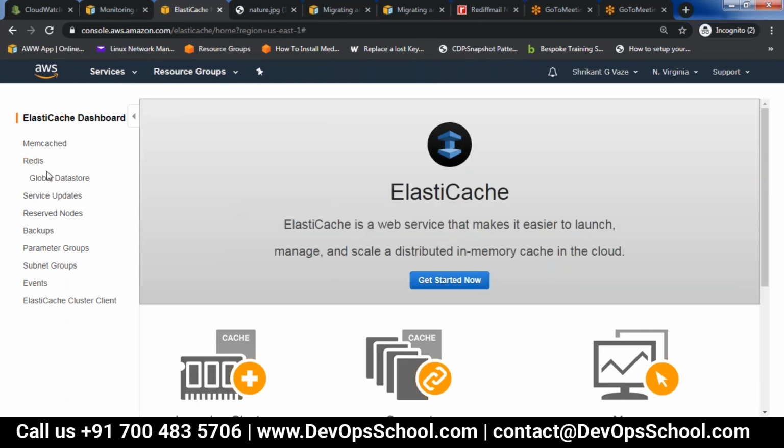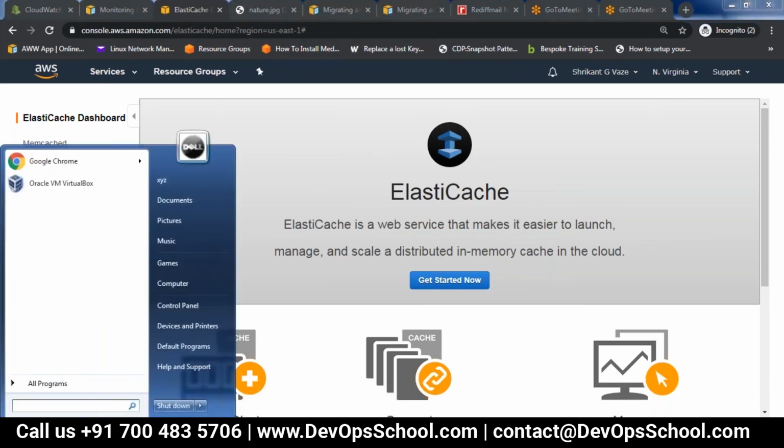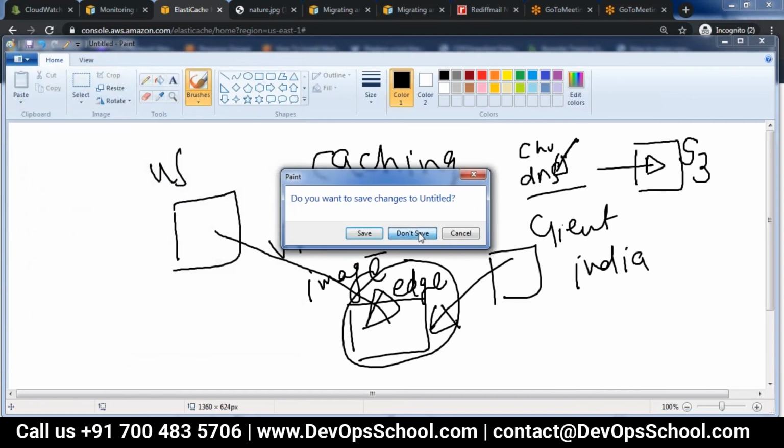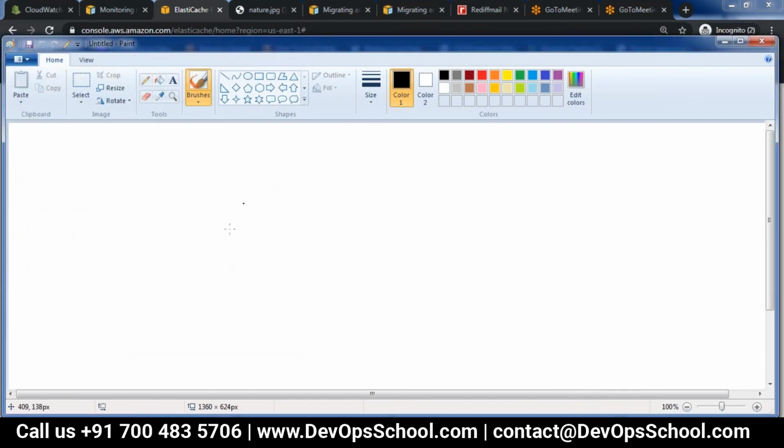So what AWS does is they have leveraged that, and when you set up a Memcached or a Redis Cache cluster, it will set it up on EC2. And how it operates is, I will just explain that. In a database, there are many repetitive queries. When you hit the database for repetitive queries, the database gets overloaded. So now I'm sending some queries to this database which are of the repetitive kind.